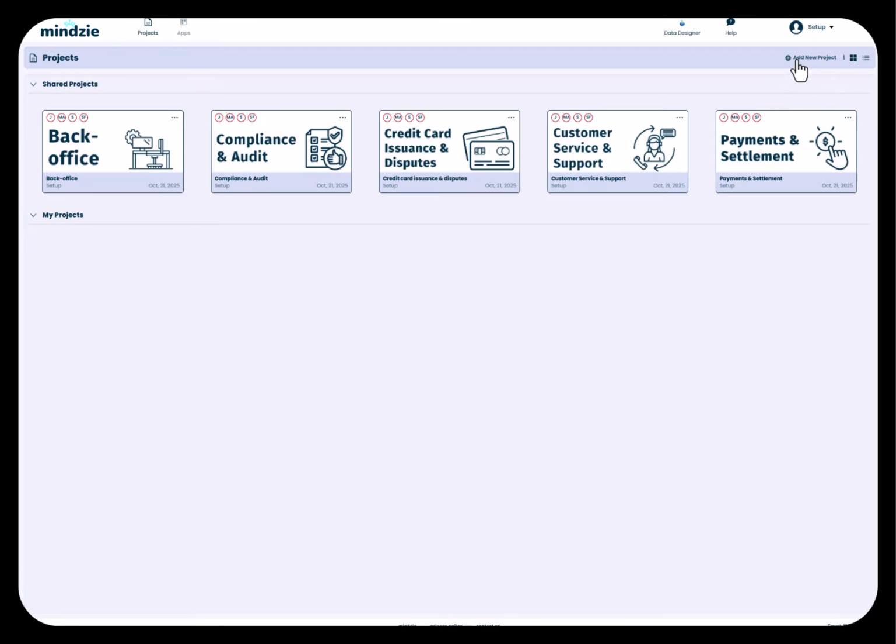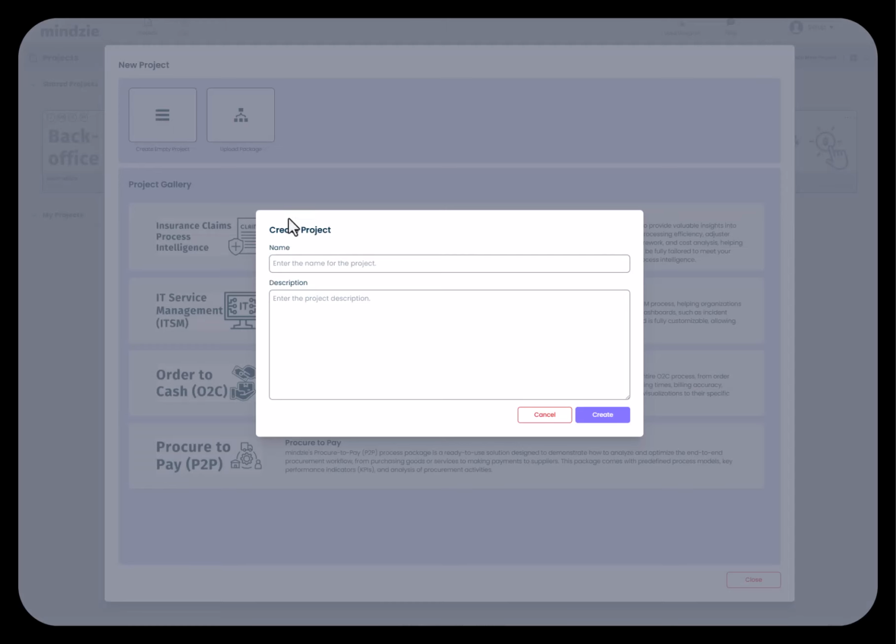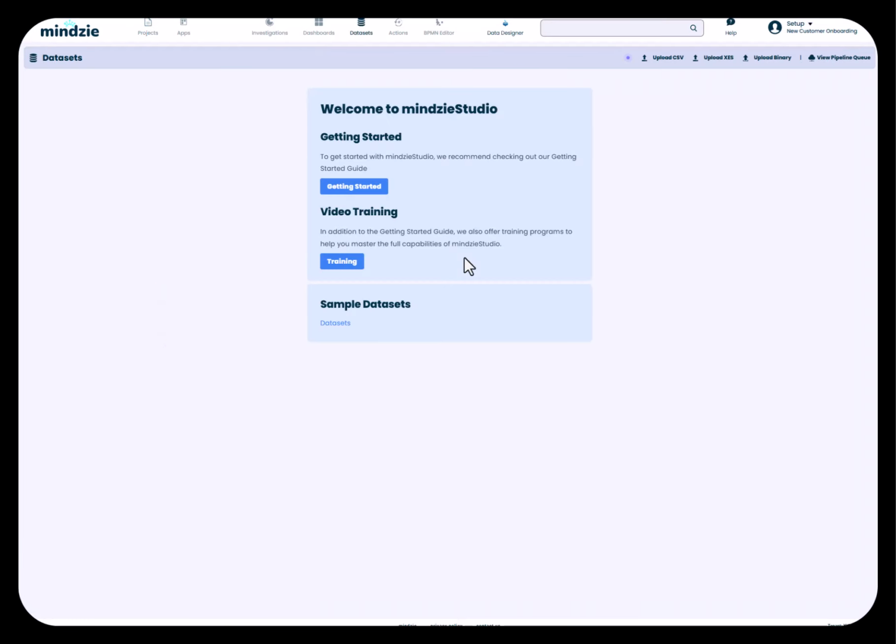Once we're in, we are going to click on the Projects button along the top and then click Add New Project. And in this particular example, you're going to see that we have the project gallery available. We can upload an existing package, but we're going to create an empty project. And for this particular project, we are going to focus on a new customer onboarding project. So I'm just going to give my project a name and hit create, and it's going to take me into